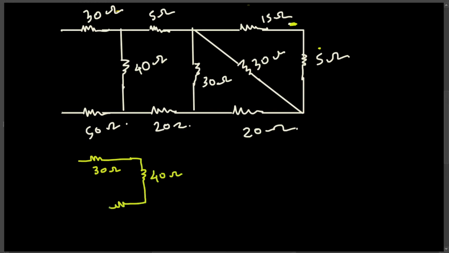And 50 ohm, keep it as it is. 5 ohm, I'm gonna just adjust the end of this circuit. So 5 ohm, and then we have 30 ohm, 20 ohm,